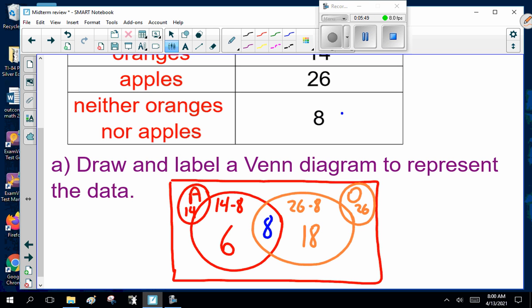Don't forget the both. Oh, sorry. That's a mistake. My bad. Sorry. I apologize for that. Neither above is 8. Oh dear, oh dear, oh dear. I'm sorry, guys. And of course, you're doing this in pen, so I've got to give you a minute to go back and fix it. Should always do these notes in pencil. Anyway, so